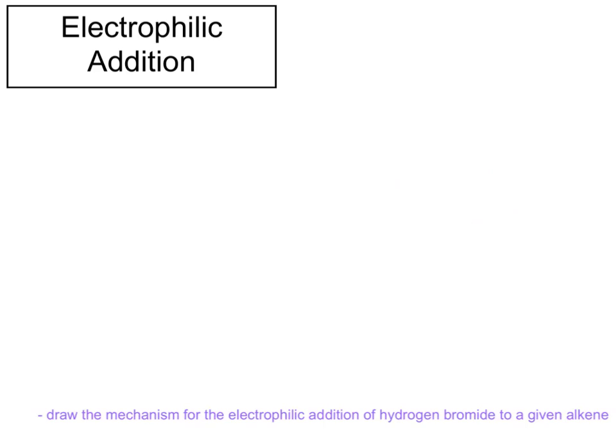So let's look at the mechanism for electrophilic addition. We're going to do that between an alkene and hydrogen bromide. Electrophilic addition occurs between an alkene and an electrophile, such as hydrogen bromide. Now we're going to use this alkene here, which is propene, and you can see that there is a methyl group attached to one carbon, but only hydrogens are attached to the other carbon,